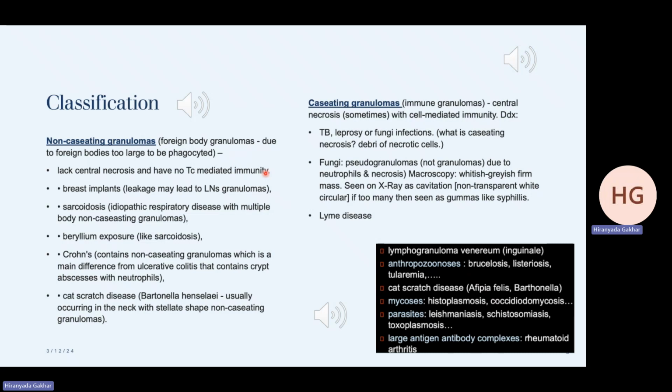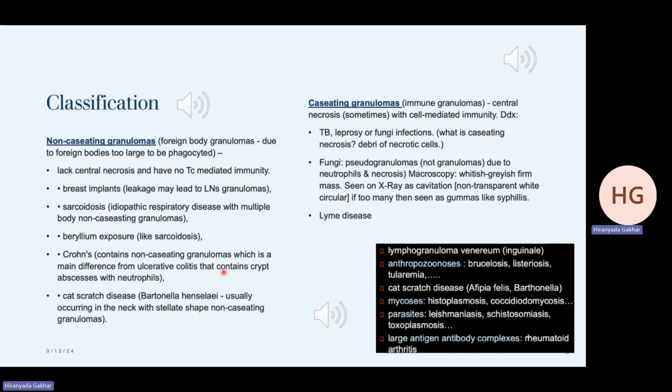Furthermore, also remember that these particular granulomas cannot phagocytose. So they just contain the pathogen or any kind of foreign body, and they do not phagocytize them. The examples for this are breast implants. They can be seen in sarcoidosis, which is an idiopathic respiratory disease with multiple non-caseating granulomas. It can be seen in patients who are exposed to beryllium or who are intoxicated with it. It can be seen in Crohn's disease in the GI tract, and this is also a major difference between Crohn's